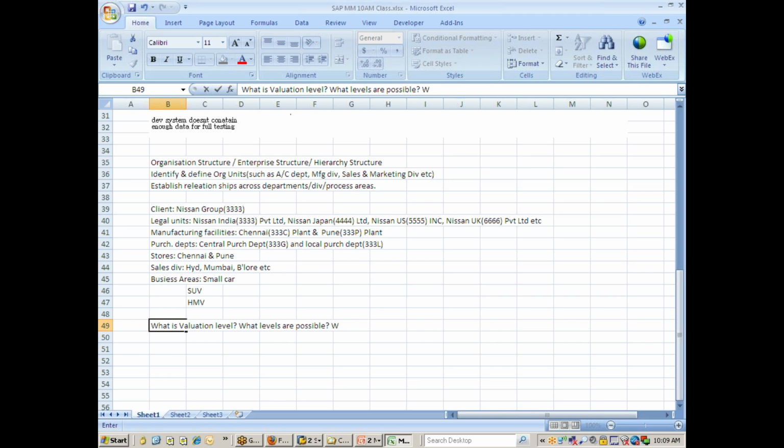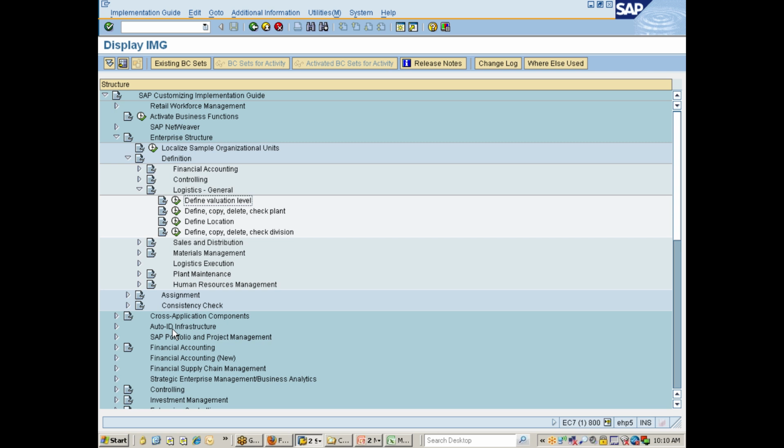And there is something called plant level valuation. Plant level valuation is mandatory if, this is the question that you may expect in interview if you say that you are part of organization structure setup. Now let me explain what is valuation level. Valuation level is nothing but the level at which you valuate the material. For example,